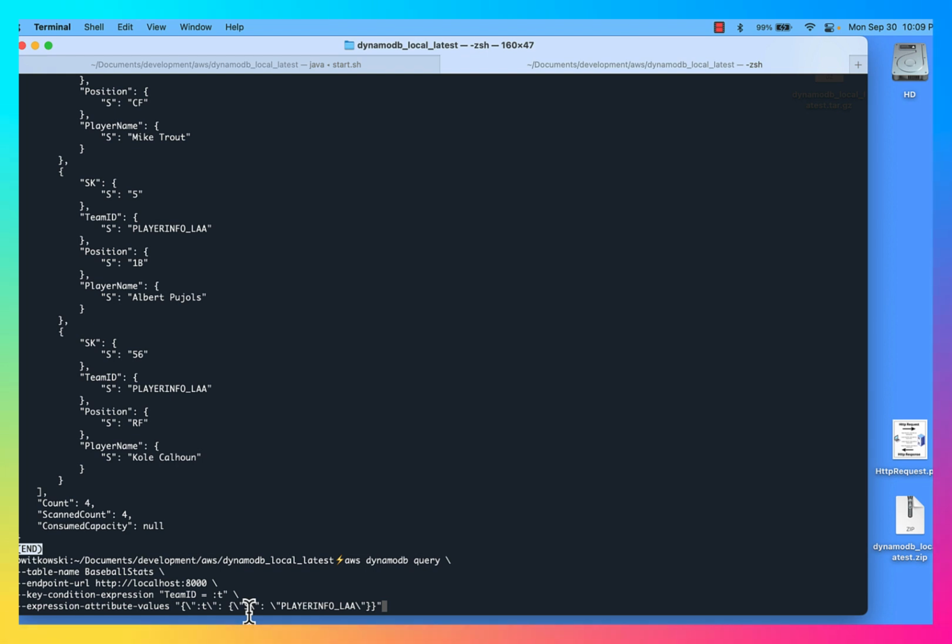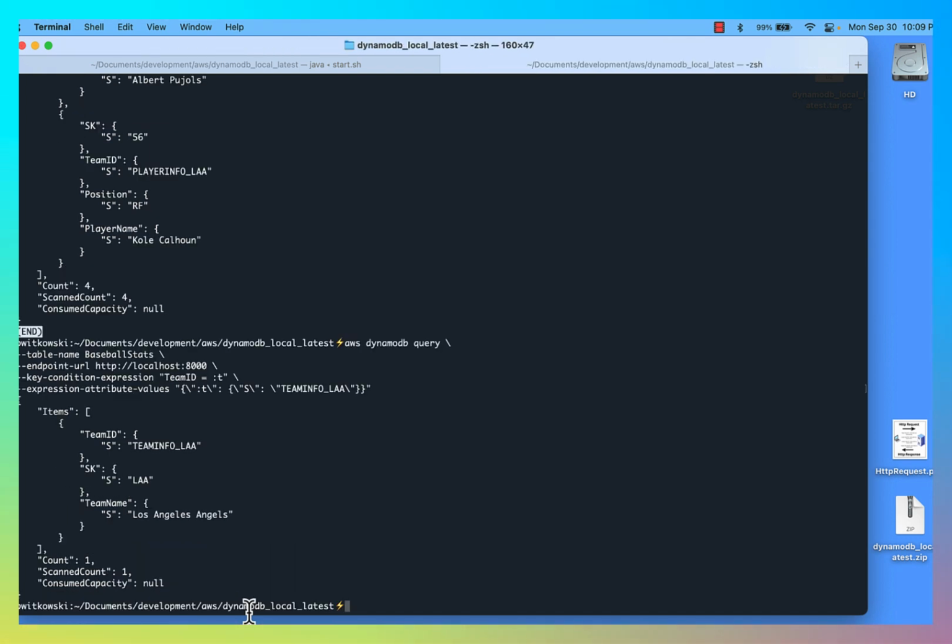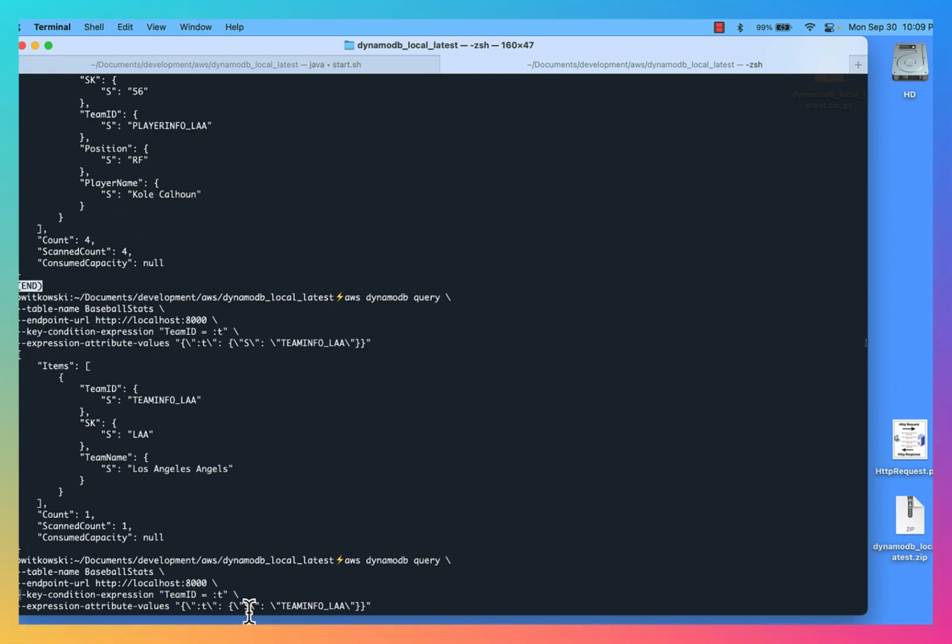I can also go a little further. So let's say I wanted to do a query like I just did, where I have all of the players that belong to the Angels. I could do a query where I'm looking for the team that is the Angels. Team info underscore LAA. So now I'm looking for a different data set. Okay, so I'm not looking for the players that belong to the Angels. I'm looking for the team that is the Angels. Okay, so I'm doing that query based on the fact that the team is the Angels. If I go back to the players, though,